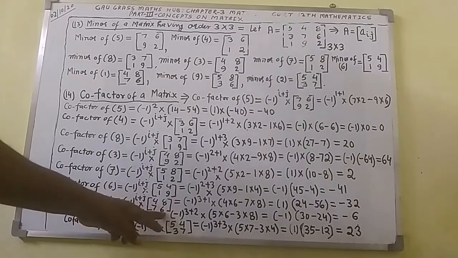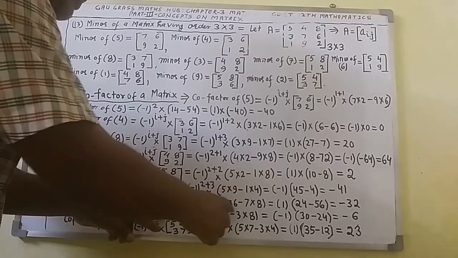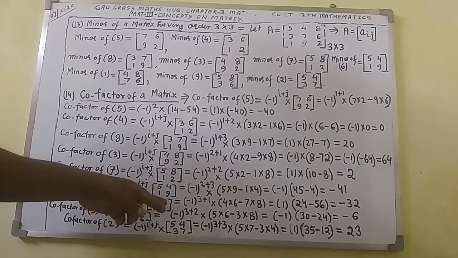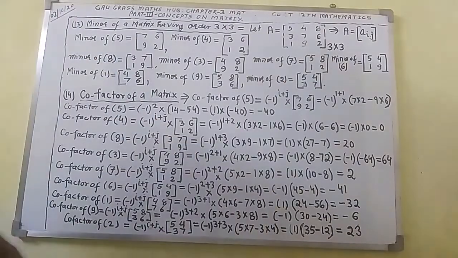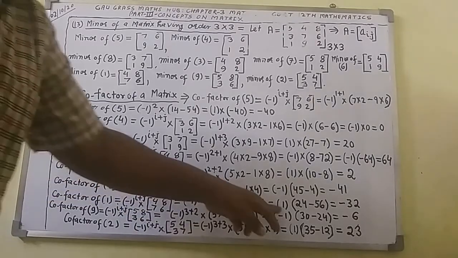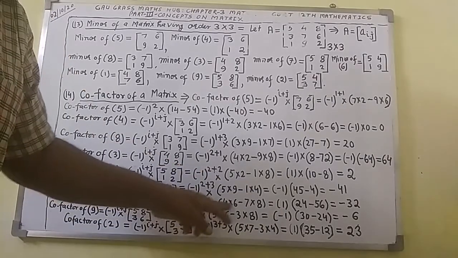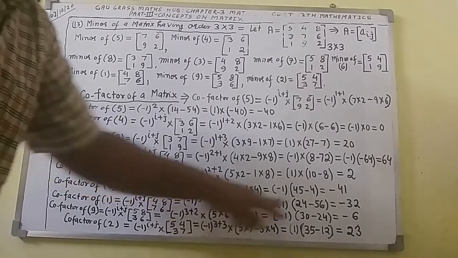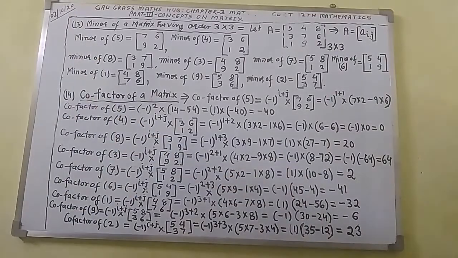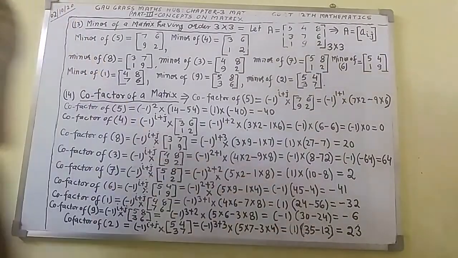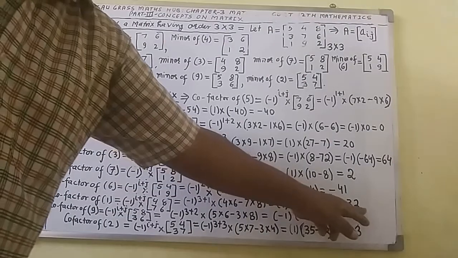The 4 and 6 will multiply first. I shall multiply 4 into 6, minus, thereafter the elements of the reverse diagonal will be multiplied. 7 will multiply to 8. This minus 1 raised to power 4 comes out to 1. And 4 multiplied by 6, you will get 24. Minus 7 multiplied by 8, you will get 56. 1 multiplied by 24 minus 56 comes out to minus 32 here.